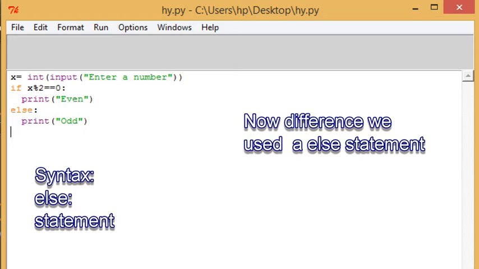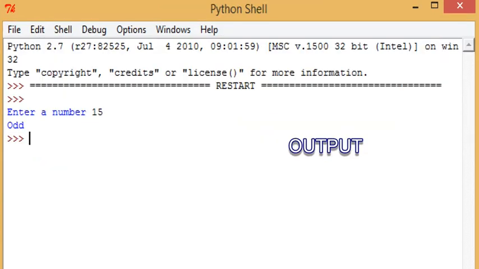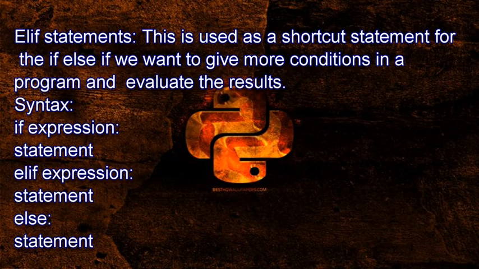So here we got to know that in the syntax of the if and else expression, we use a colon when we are writing the if or the else statement. You can check in the Python shell, I have written a colon in front of it. This is the if else statement that we have in control statements.